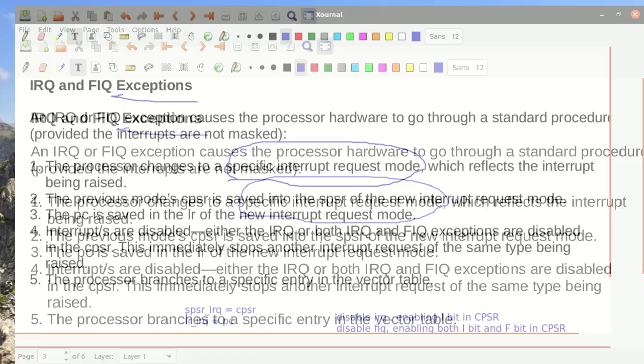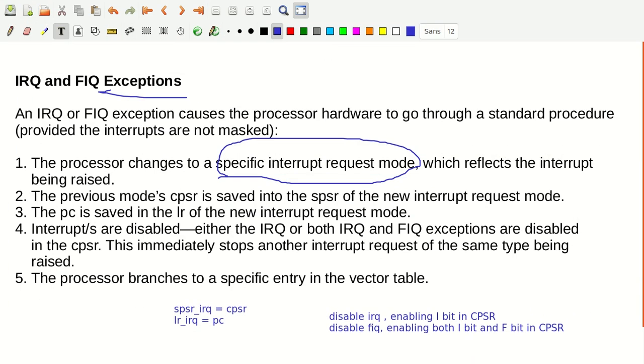So whenever an FIQ exception is raised, you set both the I bit and the F bit. But in the case of an IRQ exception, you set only the I bit, because you don't want to disable the FIQ request. That has to be there.